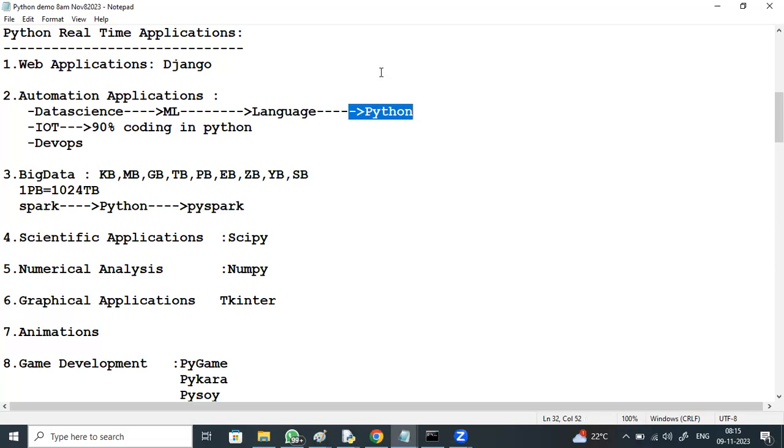Python provides modules for plotting and visualization like matplotlib and pandas. And even for IoT, 90% of the coding is in Python. And even in a DevOps environment, we write many automation scripts where Python has got libraries.